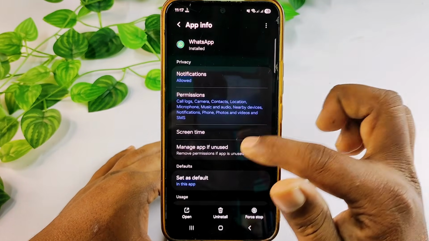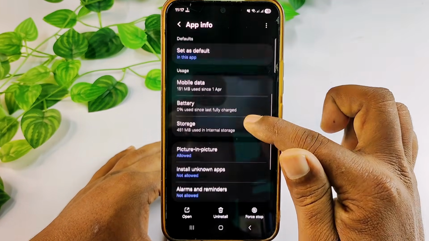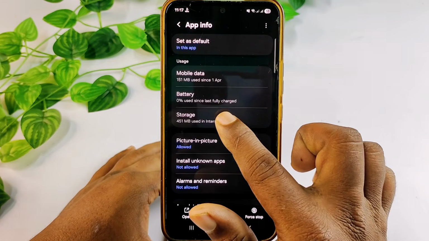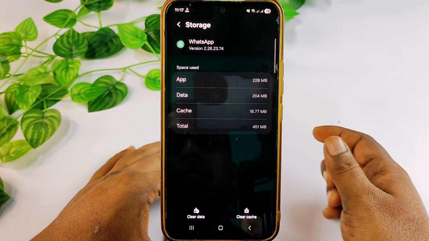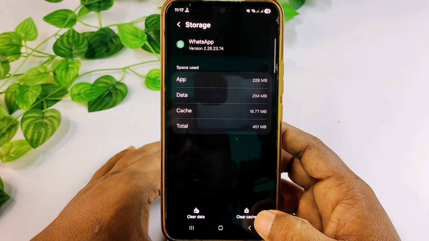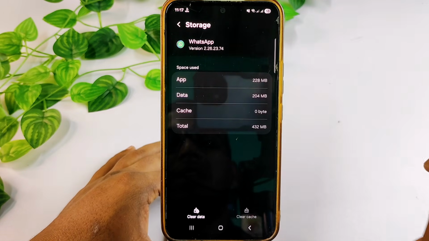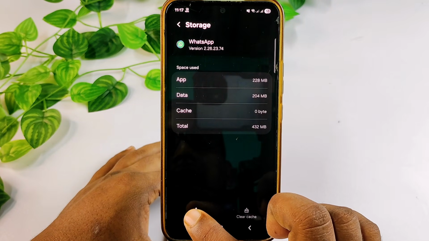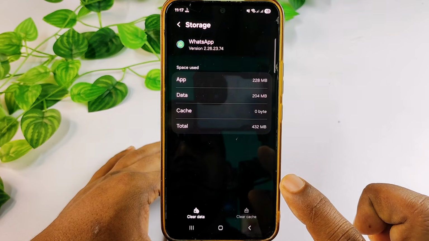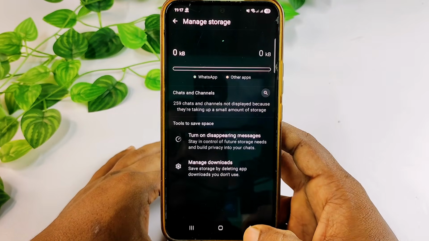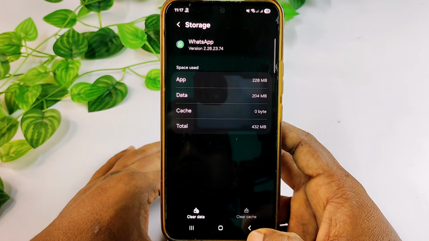And after that get back from here, and then you need to find a storage option. Okay, so let me click this one, and after that first of all click here, clear cache, and after that click here, clear data, and then just clear all your data. Okay, then just get back from here,